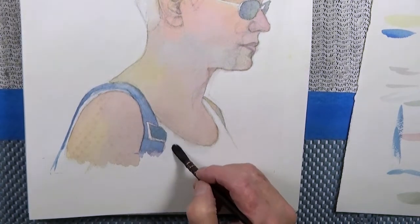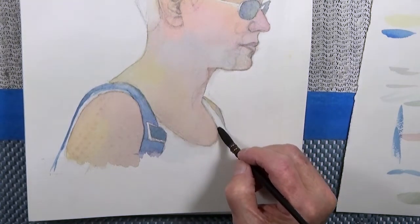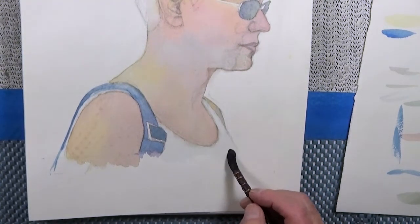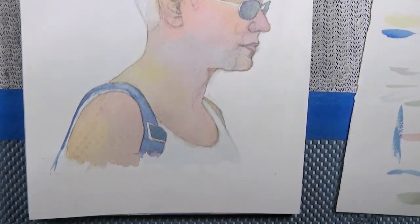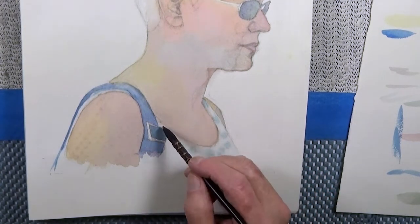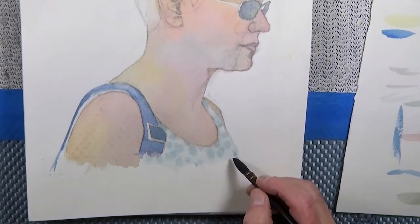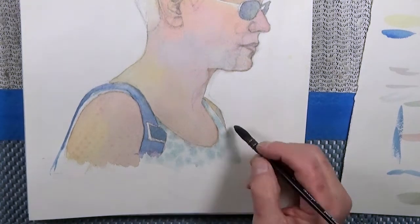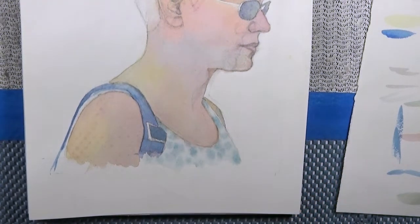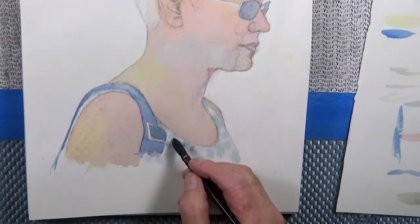There was quite a cluttered pattern on the dress with different shapes and so forth, and I really didn't want to get bogged down doing the shapes completely, so I decided just to throw different abstract colors in there that kind of represented what the shapes looked like. I don't know, cerulean blue, and probably grayed that down with something, and some orange, maybe it was brilliant orange from Holbein or something like that. But it came out okay. It looked like the dress, but